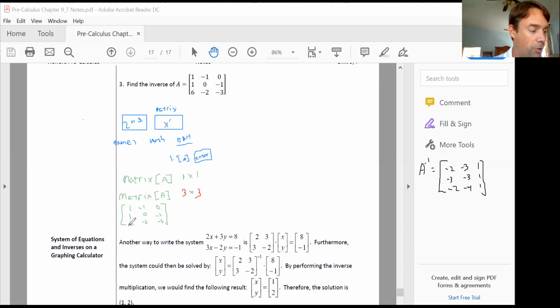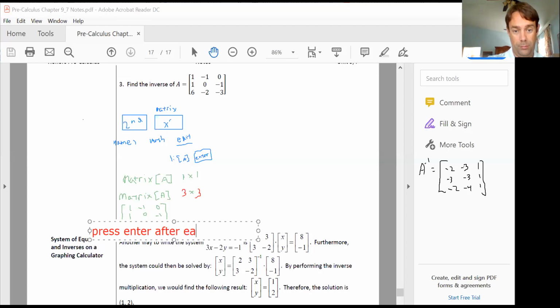And from there, when you're done, you have to make sure you do one huge thing for me. You got to press enter after each entry. So make sure that you press enter after each entry. Where people forget to press enter the most is the entry in 3, that very last number you plug in. So you're going to plug enter. And so once you have them all in there, so you have every entry in there,